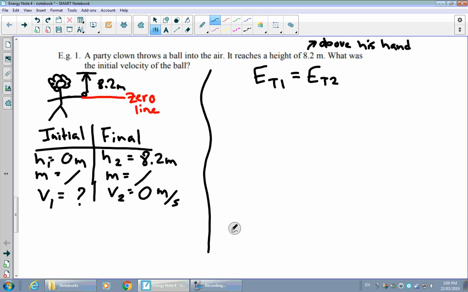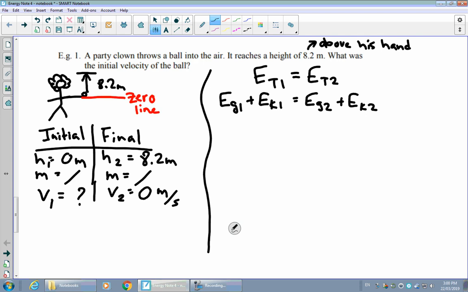It's saying that the total energy that I have in the initial stage needs to be the total energy that I have at the later stage. That's what I mean by ET1 and ET2. But then I can be a bit more specific than that, because total energy in our case so far really just means the mechanical energy, or for now, the gravitational and kinetic involved. So I'm going to call this EG1 plus EK1. It's my way of saying the initial gravitational plus the initial kinetic. And on the other side, EG2 plus EK2. The final gravitational and the final kinetic.